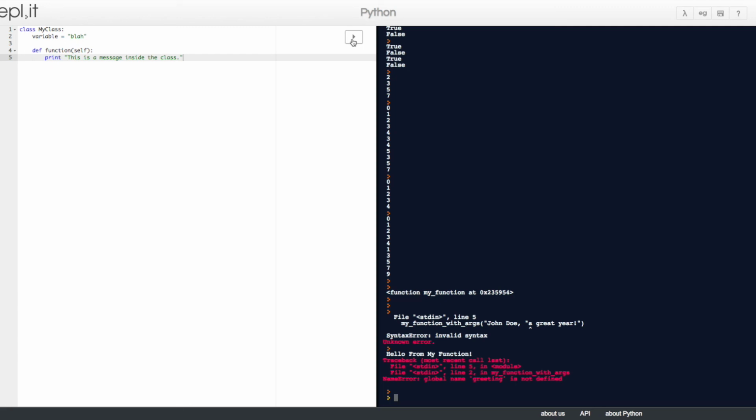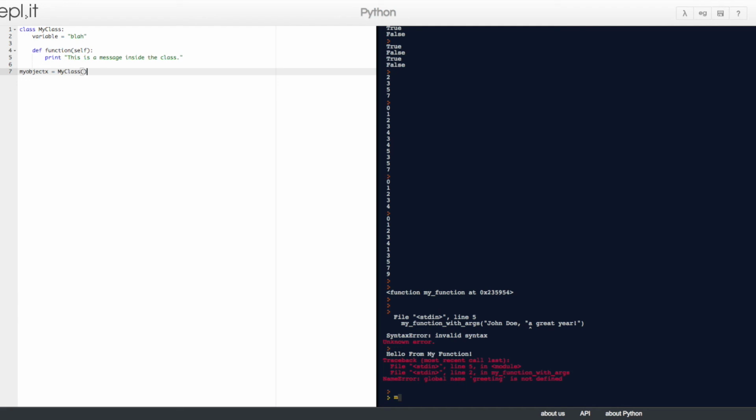Now we'll explain why you have to include that self as a parameter a little bit later. But first, to assign the above class template to an object, you would do the following. Something like my object X equals my class and empty parentheses.